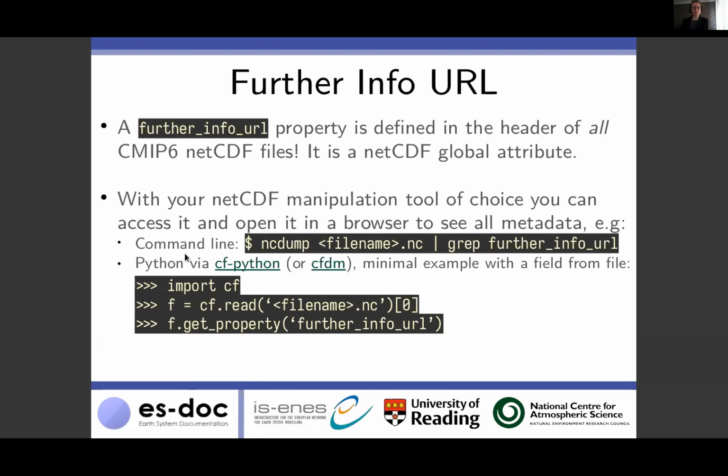Also, if you go via Python, for example the CF Python tool or the CFDM tool, which is another one you could use, you can do it in three lines here: just import the module, read in the file, grab one of the fields, and then just get the property. But whatever tool you use, basically just get the netCDF global attribute. It will give you this URL, and the URL